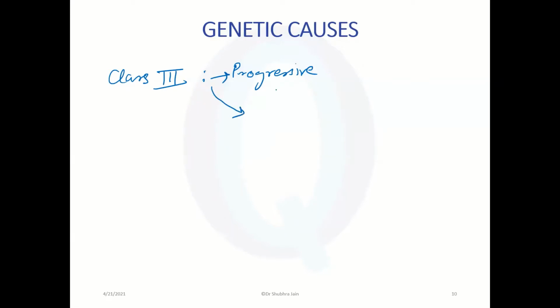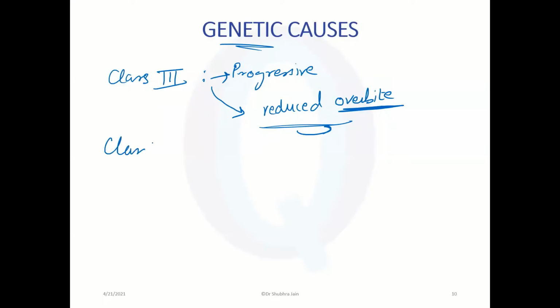Next, the most damaging feature of class 3 is reduced overbite. Why? Because when there is no overbite, the mandible is free to grow and class 3 gets worsened. This is why the most damaging feature is reduced overbite. The next malocclusion with genetic causes is, as I said, class 2 division 2. Then deep bite is also